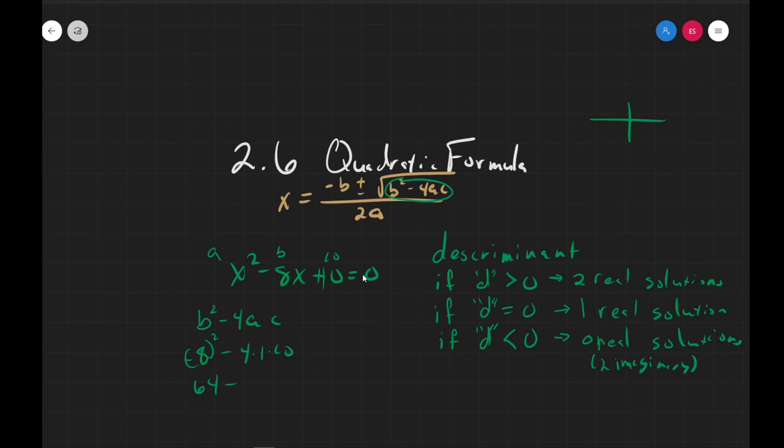So 64 minus 100. That's going to give us a number that is negative 36. So when we have 64 minus 100, we're going to end up with negative 36 as our answer, or as our discriminant. Since this is negative, our answers are going to have 0 real solutions. Our answers are going to not be real numbers,